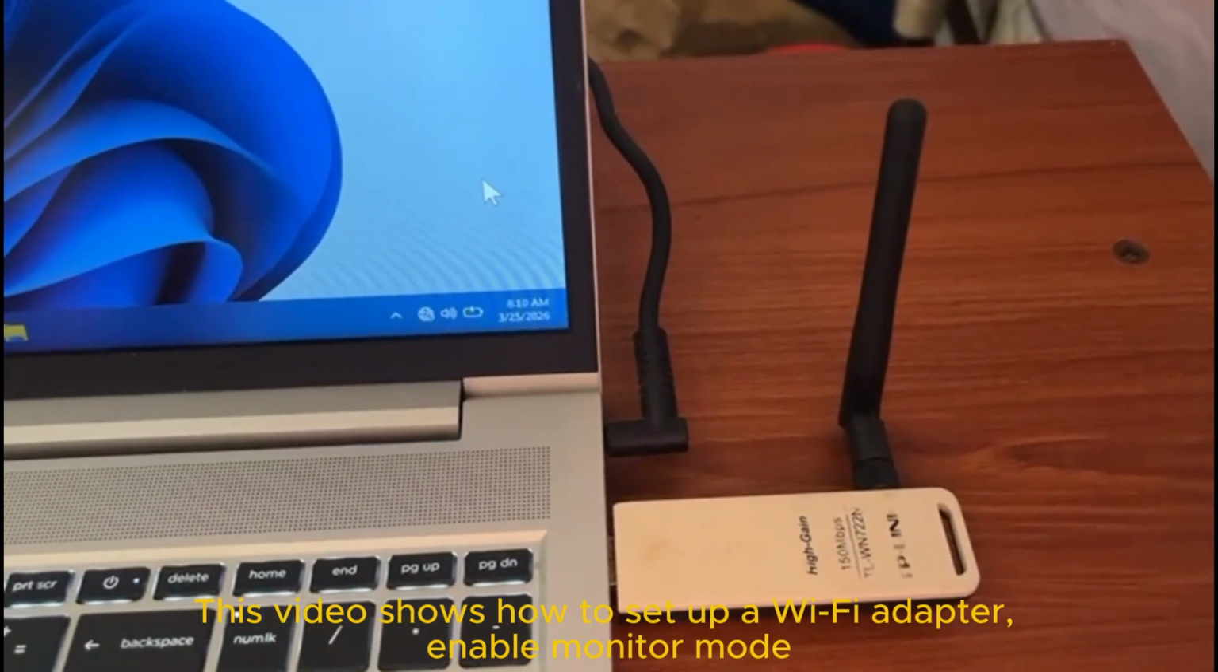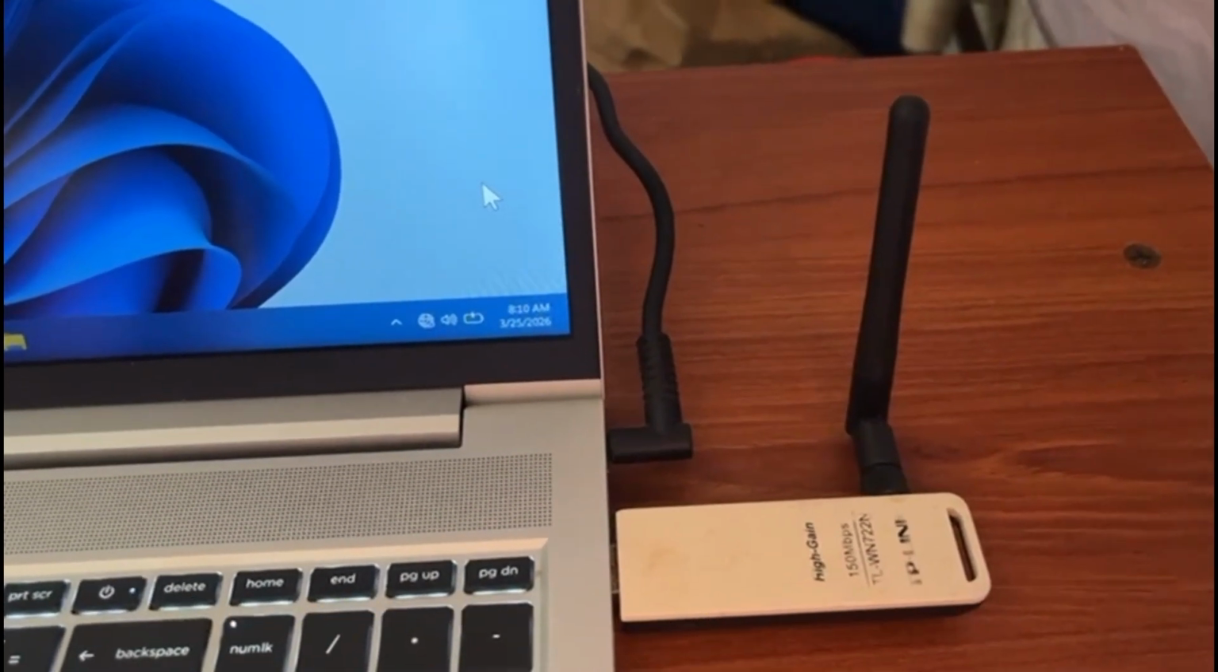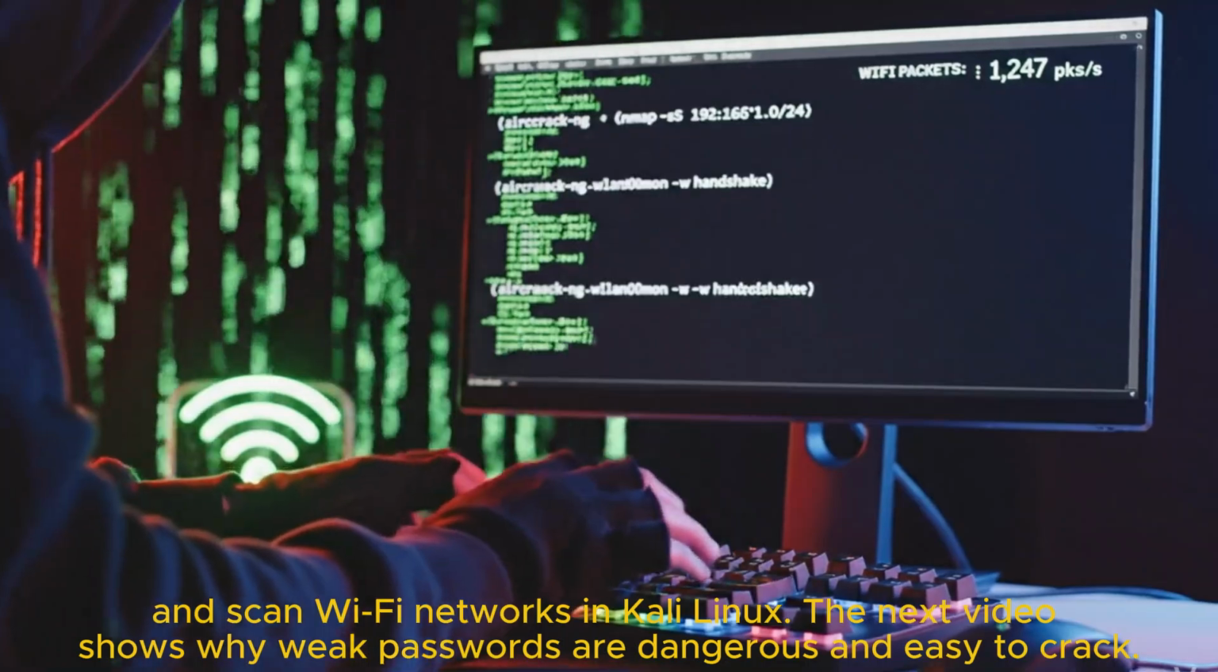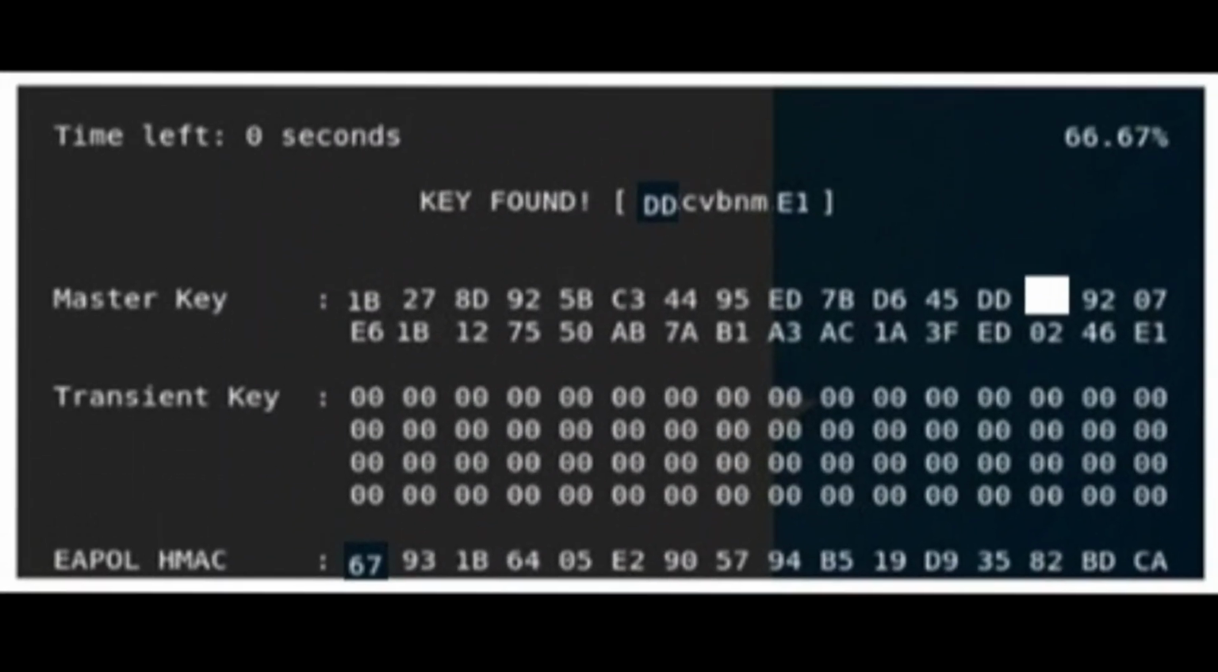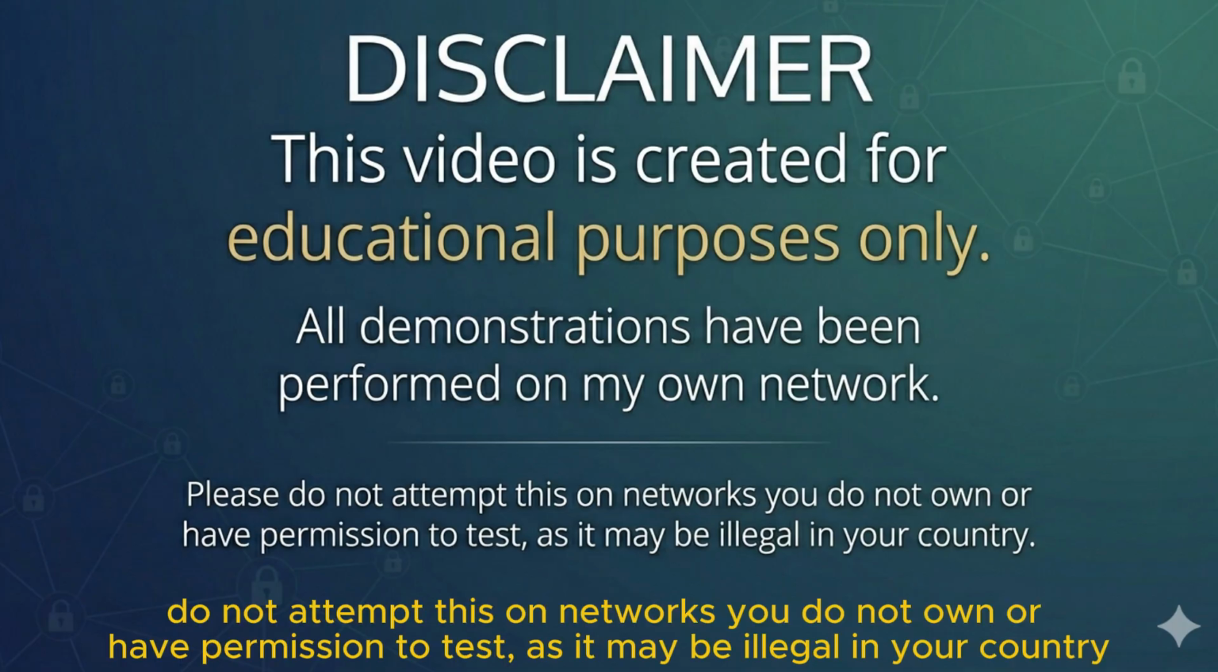This video shows how to set up a Wi-Fi adapter, enable monitor mode, and scan Wi-Fi networks in Kali Linux. The next video shows why weak passwords are dangerous and easy to crack. Do not attempt this on networks you do not own or have permission to test, as it may be illegal